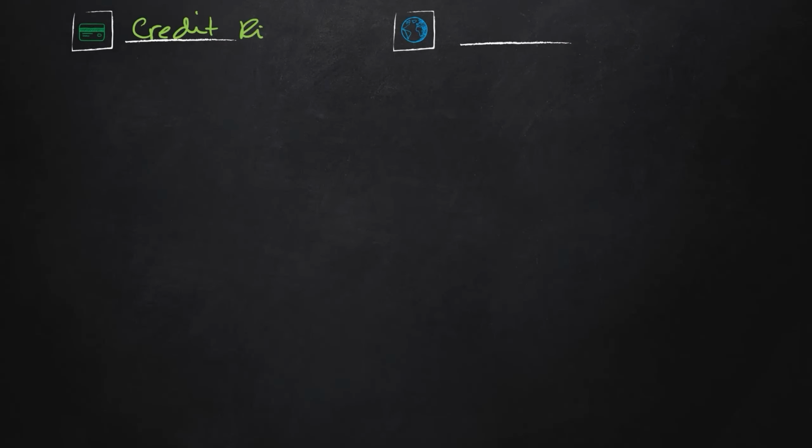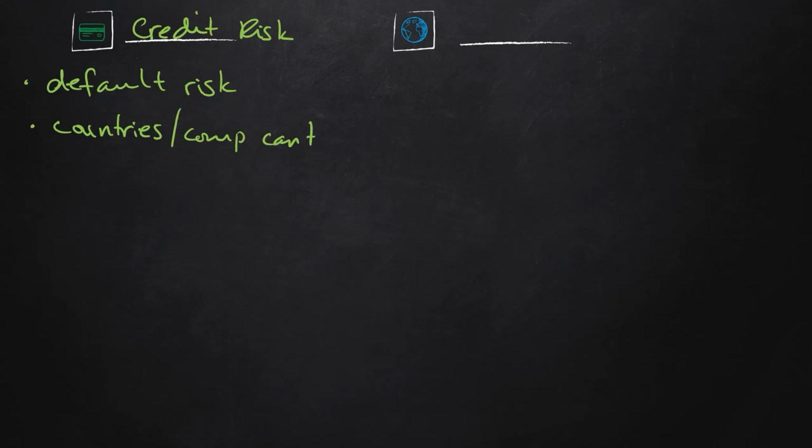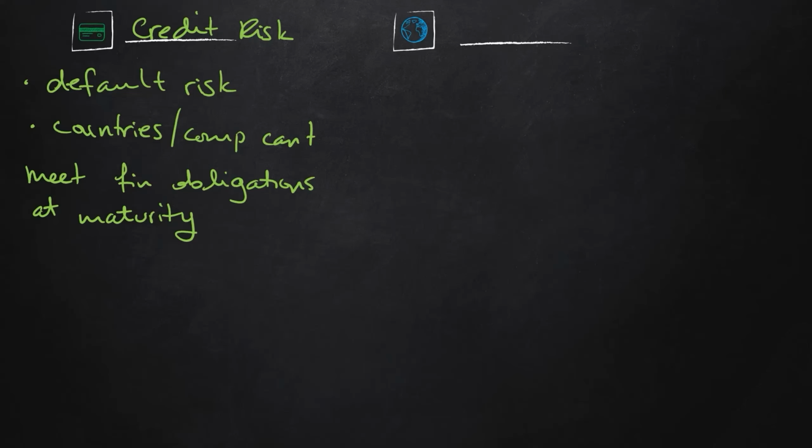Credit risk, which is also known as default risk, is when companies or countries, or really somebody who is making a financial obligation, cannot meet that obligation at the time of maturity. This is primarily associated with bonds. Remember, with a bond, you are loaning a company or a country money, and at the time of maturity, you receive that money back. And the credit risk or default risk is when that company or country does not have the money to repay